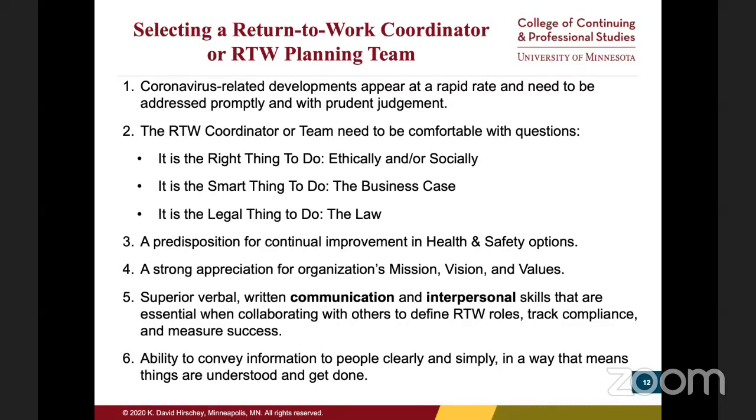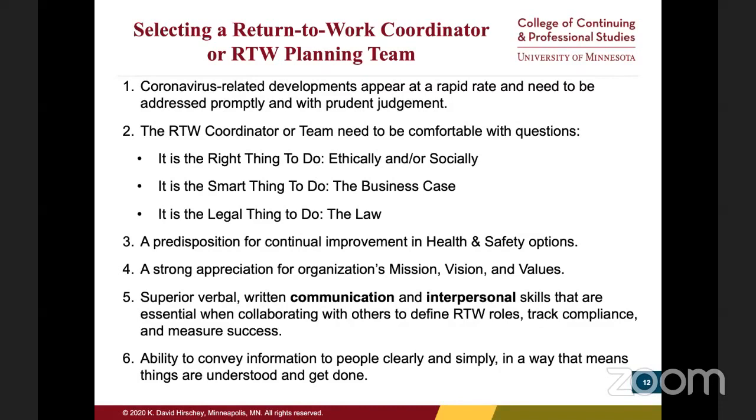Those individuals need to be comfortable with: is it the right thing to do ethically or socially? Is it the smart thing to do? Can we make a business case for why we're doing it? Is this a legal thing to do? So the return to work coordinator or the planning team may have to have some individuals with different skill sets. I would contend that both the individual and the team need to have a predisposition for continual improvement